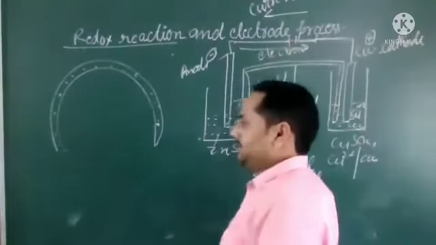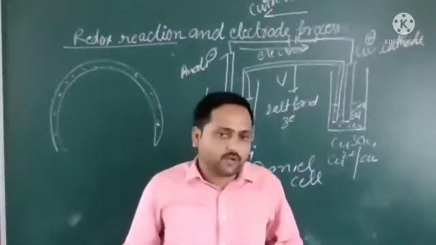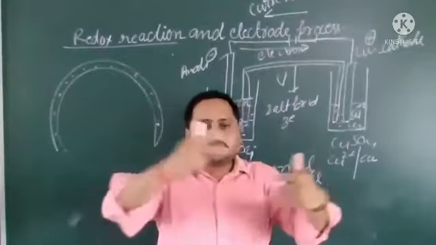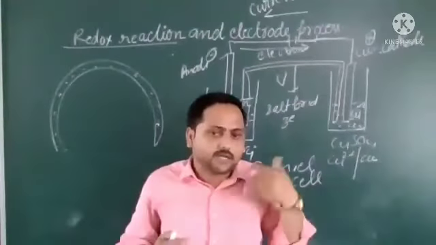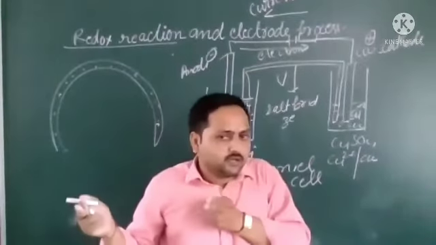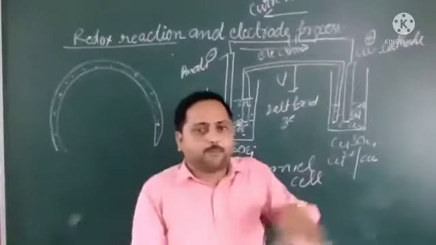I would like to revise here one more time. If current is flowing, the flow of current and electrons is in opposite directions, not in the same direction. Like that, if current is flowing from east to west, electrons will flow from west to east. Like this, the order will be opposite.